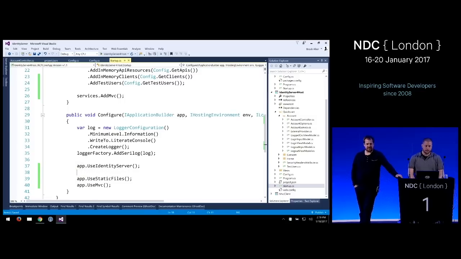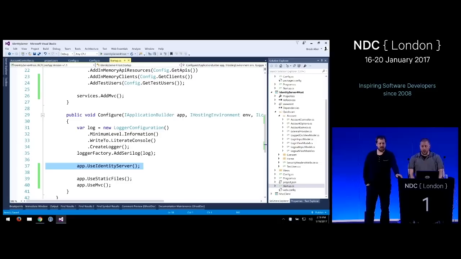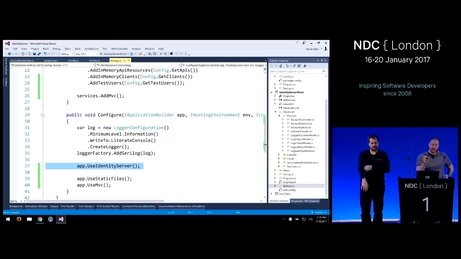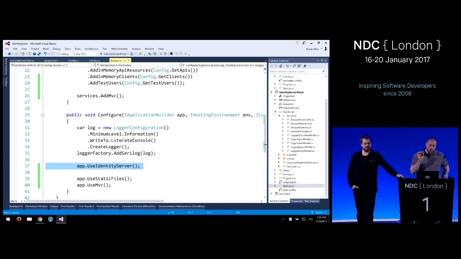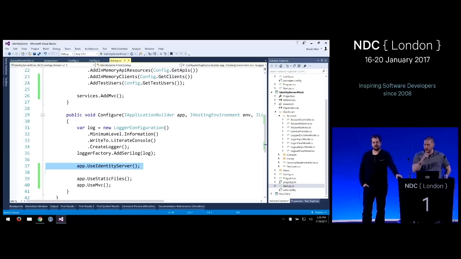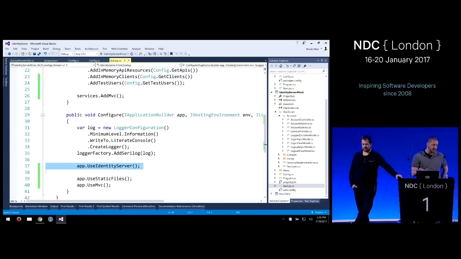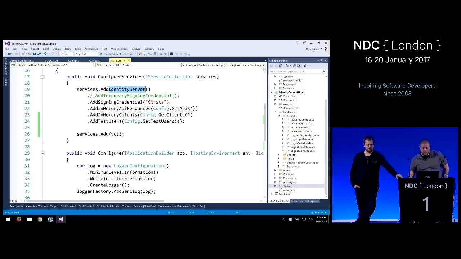Okay, so let's add the MVC client now. And by the way, one more thing is we will register the cookie authentication middleware automatically, if you don't tell us otherwise. But if you would like to control any aspects of the cookie middleware itself, then you can register it yourselves, and then as part of our configuration up here in our options, you just tell us the scheme, and we'll just use that one. Okay, so that's another point that people wanted a lot of customization on in the past.